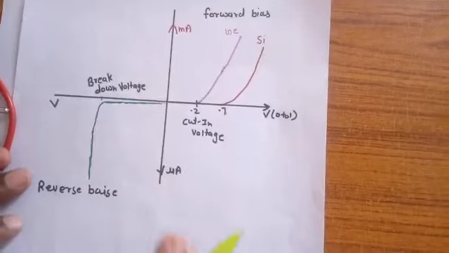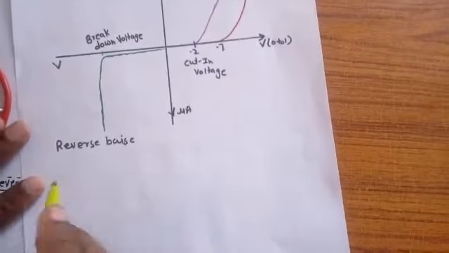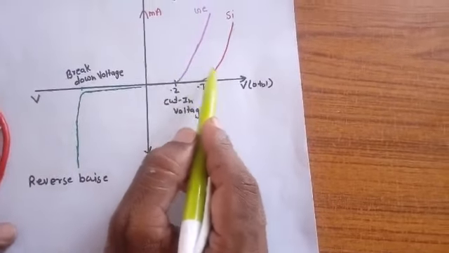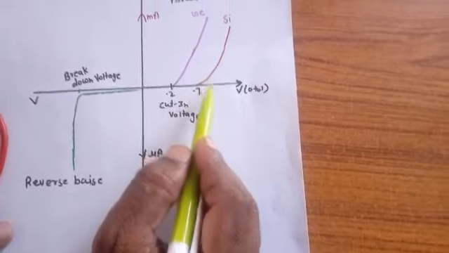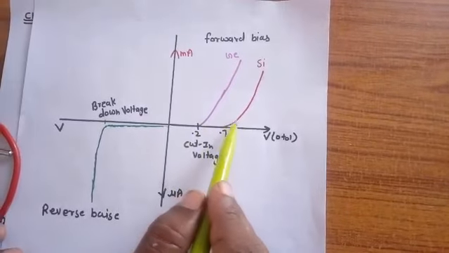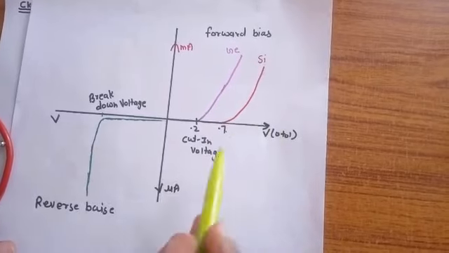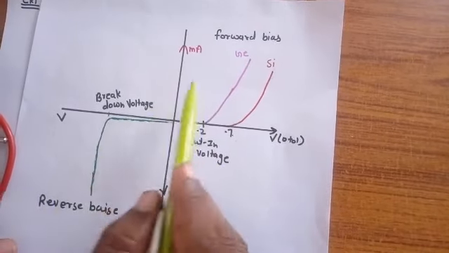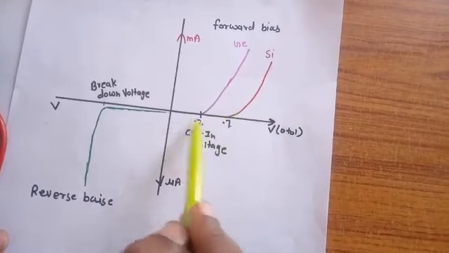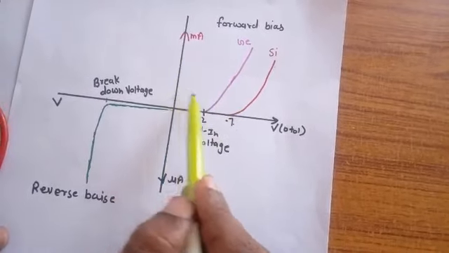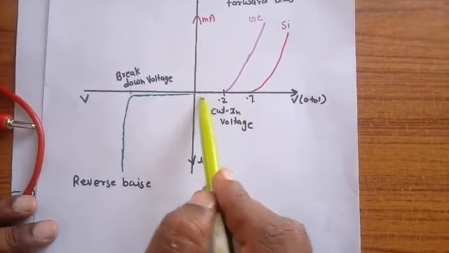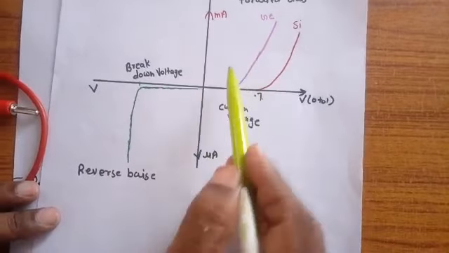If you want to find the static and dynamic resistance: for static resistance, we take different values of V1 and I1. The ratio of V1 and I1 gives the static value of the resistance. To find the dynamic value of the resistance, you take I1 and I2 and V1 and V2, two different voltage levels and two different current levels, and the ratio of the difference in voltage to the difference in current is called the dynamic resistance of the circuit.